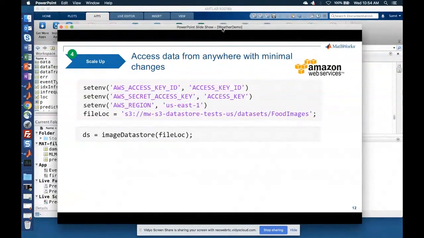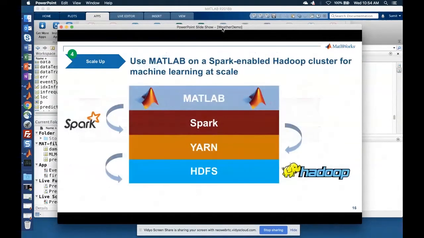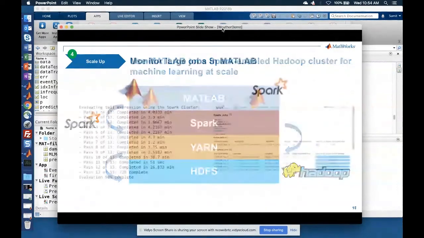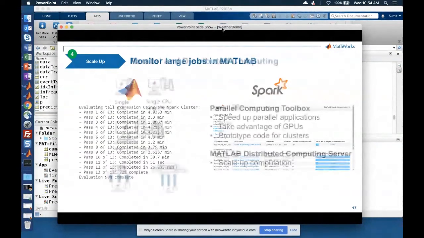But if you're getting data from Amazon Web Services or a Hadoop cluster and so on, all you need to do is just change a few lines of code, and you can start working with large data. And we have pretty solid support for Hadoop clusters and Spark running on them, and we have capabilities for monitoring jobs and so on. So we have a solid infrastructure to support these large data workflows.